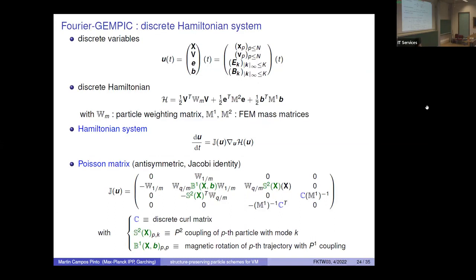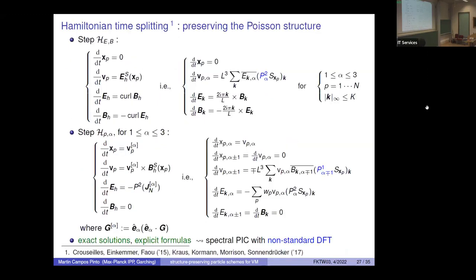So you will have a first... So this matrix here is a diagonal matrix. So there is no coupling between the dimensions of the velocities. Okay, so you will have, it's the L2 norm of the velocities. Okay, so you will have a first kinetic Hamiltonian part, which will be the kinetic energy in x1, x2, and x3. Okay, and if you do that, you have different steps. So this is the electromagnetic Hamiltonian step.